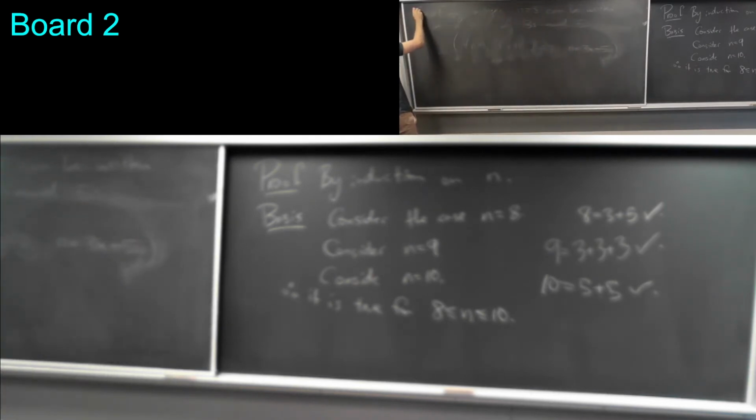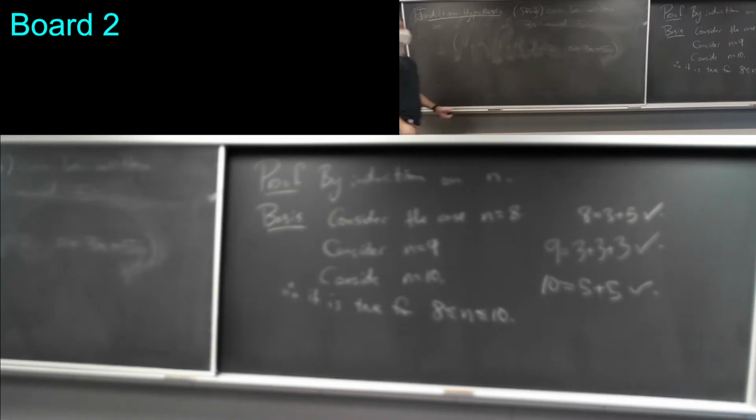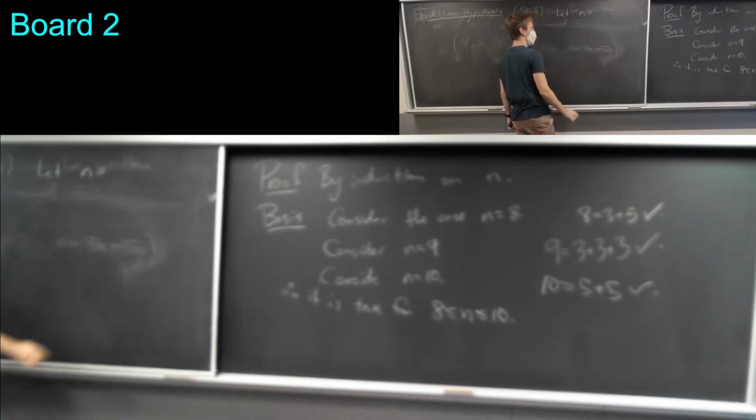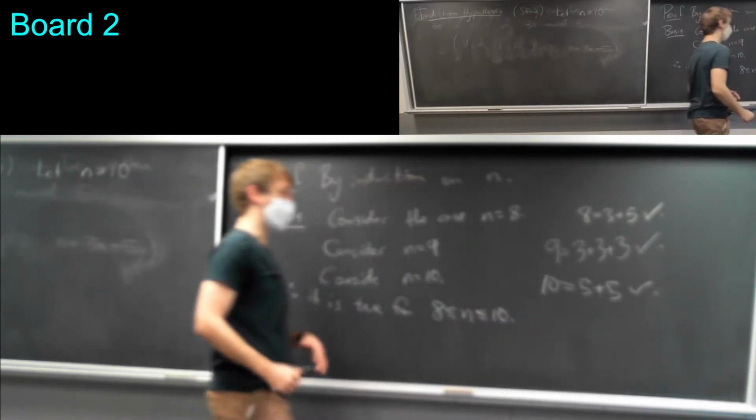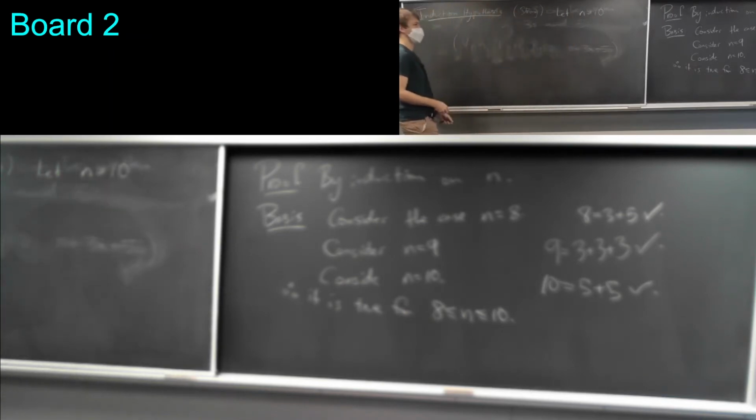So here's how my induction is going to work. I'm going to use strong induction. So to prove the case for some number n plus 1, I'm going to assume all the cases up to n. So let n be at least 10, because I've already proven it up to 10, so I can assume it works for 8, I can assume it works up to 10. So assume that